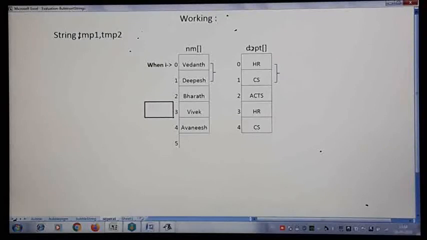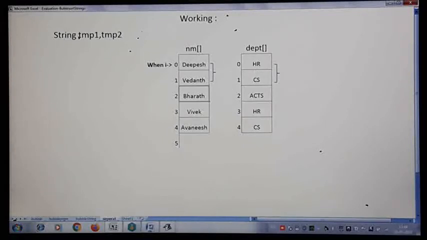When you have more than one array, suppose I am going to sort on employee name. Suppose you see Vedant and Deepesh here, actually it is not in order. When you compare adjacent values in bubble sort, Deepesh should go here, then Vedant. Suppose I interchange now, all of you know how exactly we write a statement to interchange. When you interchange, the corresponding department also should be interchanged, otherwise it becomes wrong information. Actually Vedant was in the HR department, Deepesh was in the CS department. Once I interchange, immediately the corresponding department also should be interchanged.